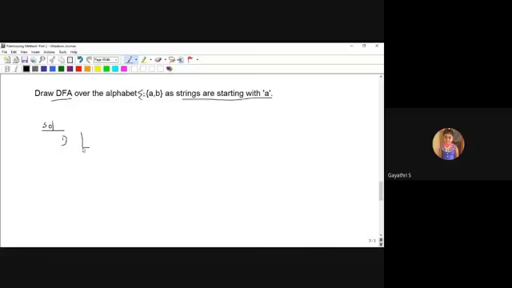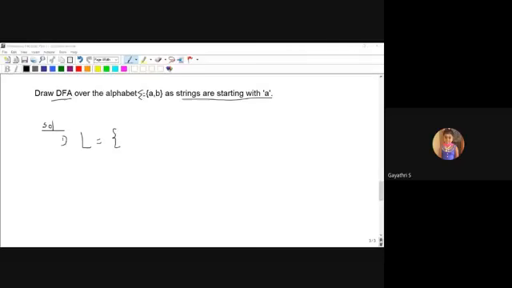What is the language of this problem statement? Strings are starting with a. You can post your answers in the chat box. In the first step, you have to write the language first. Then only based on the language, you have to draw your DFA.